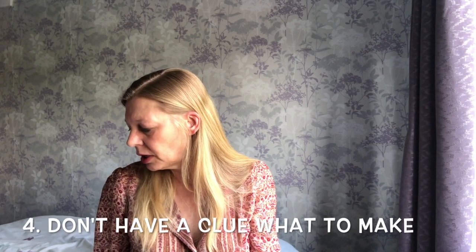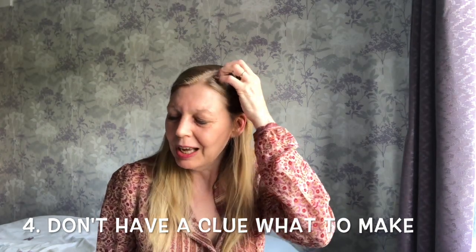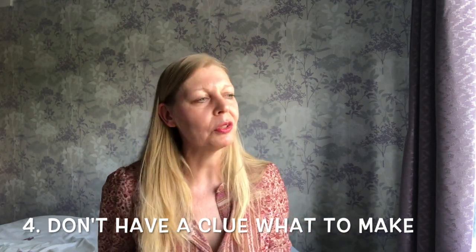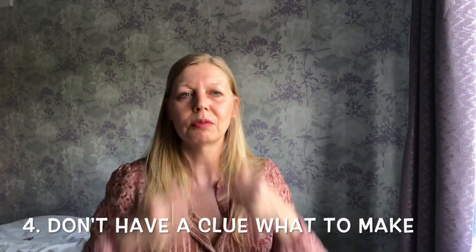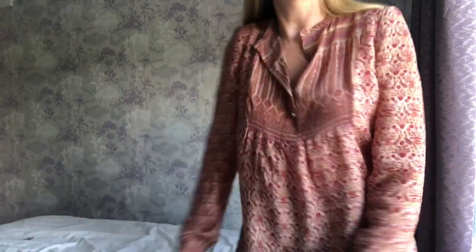So the next one is: don't have a clue what to make. I've got quite a few of those, but one of the reasons I've worn this blouse is for one of the fabrics that I bought. A couple of years ago I bought, I think it was 4 or 5 silk saris. Now they said they were silk, I'm not 100% sure whether they are, and I made this top with one of them,